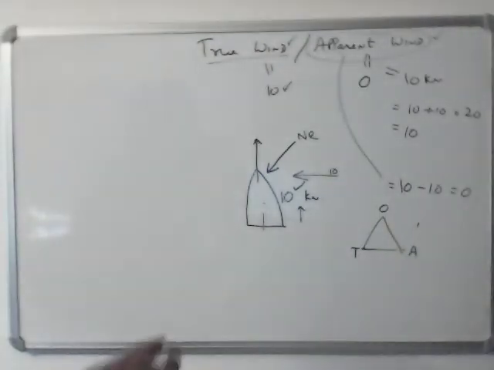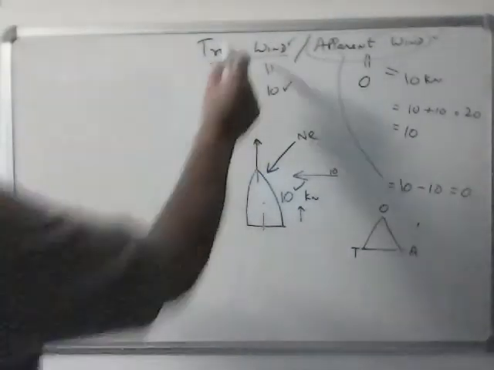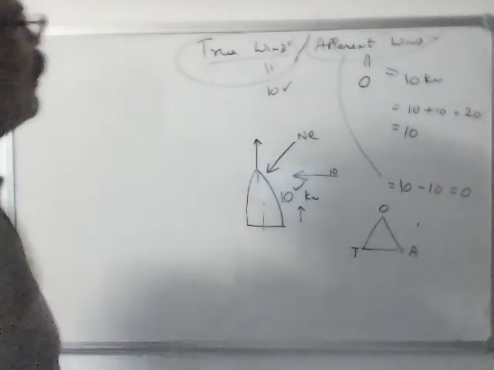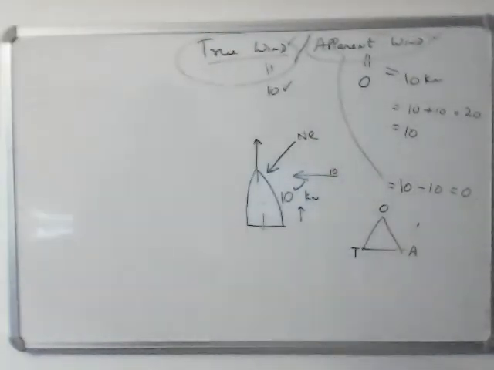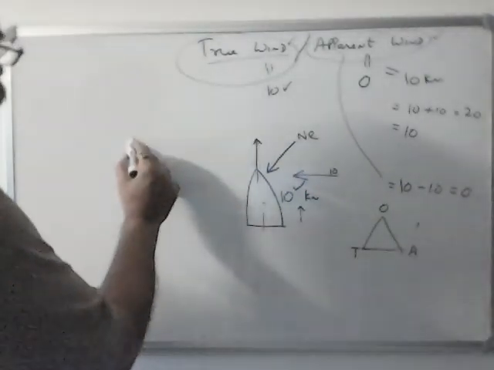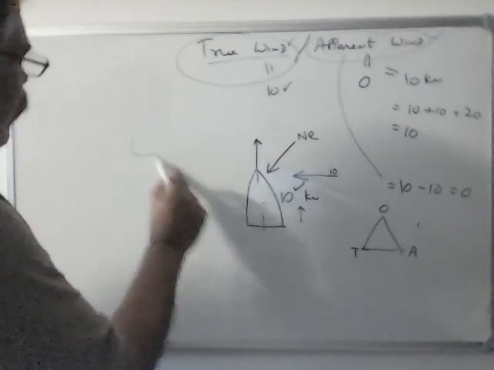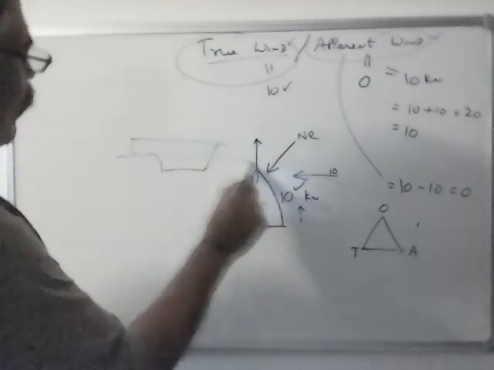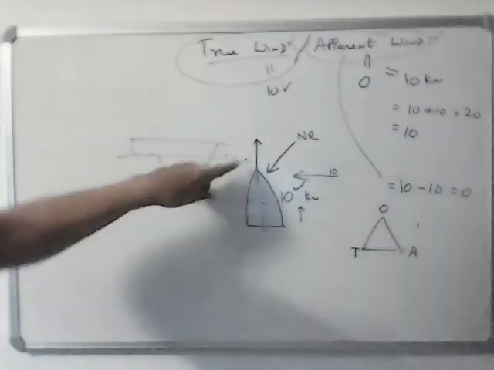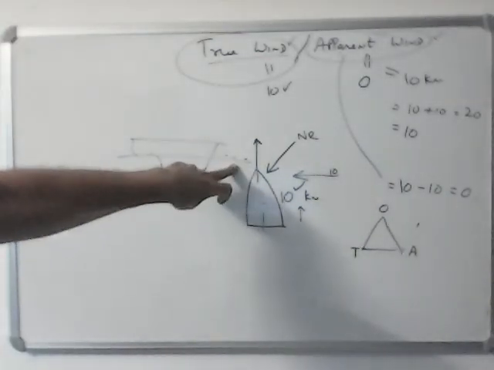So what is the wind we write in our logbooks? That is always true wind. And how will you estimate what is the true wind on the ship? There are one or two methods. If it is daylight, then you can see the condition of the sea and you can get an idea of true wind.